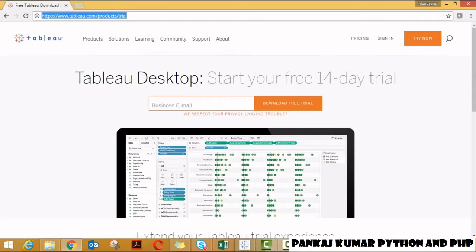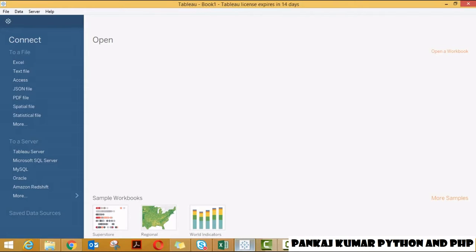Now let us go ahead with Tableau and see the different functionalities available in it which help us analyze our huge and messy data. Here is Tableau, which I have already downloaded and installed. Whenever you download Tableau, you get two options, 32-bit or 64-bit, so you need to download the one for your respective machine. This is the first window you should get when you open Tableau, so let us explore a few options in the startup window.